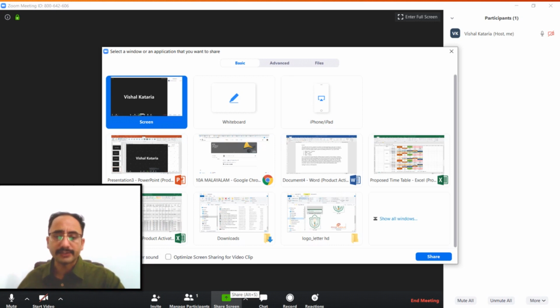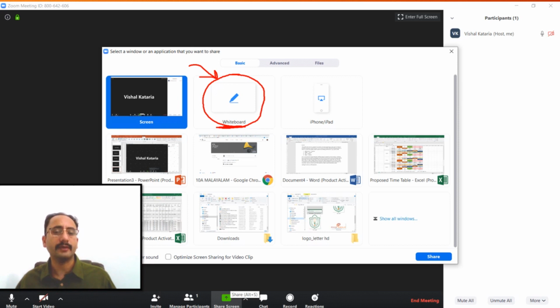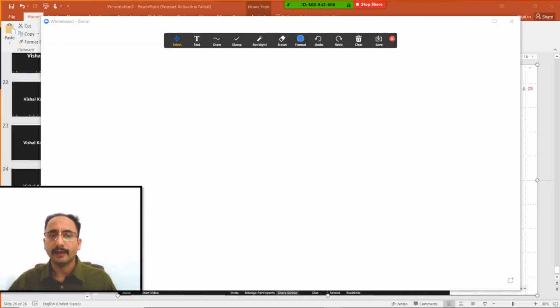Then if you click on the share screen button, you can share any of the programs which is running in the background in your system. And the most beautiful thing is Whiteboard, and this is the reason why Zoom has become very popular among teachers to use it for online or distance learning classes. If you click on this whiteboard, it will give you the same sense of the smart board which people use in classrooms. So if you click on the whiteboard button, one whiteboard like a smart board will open,